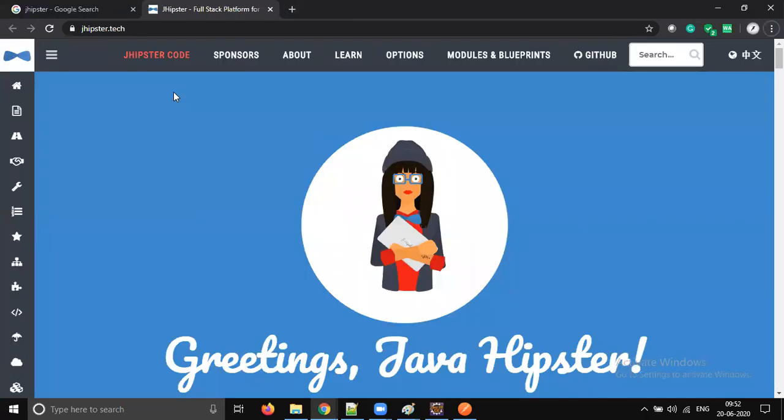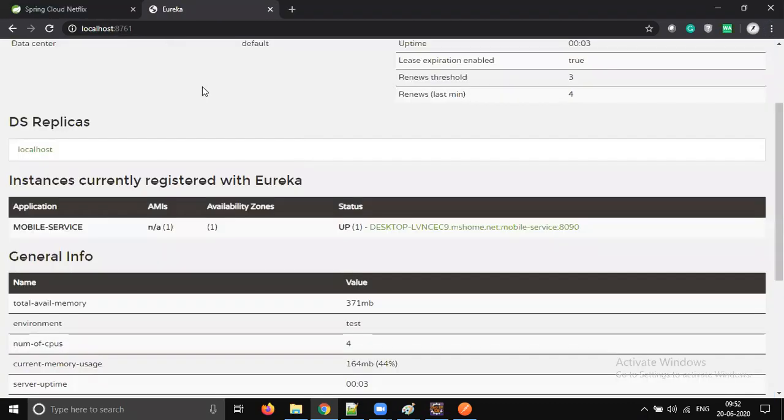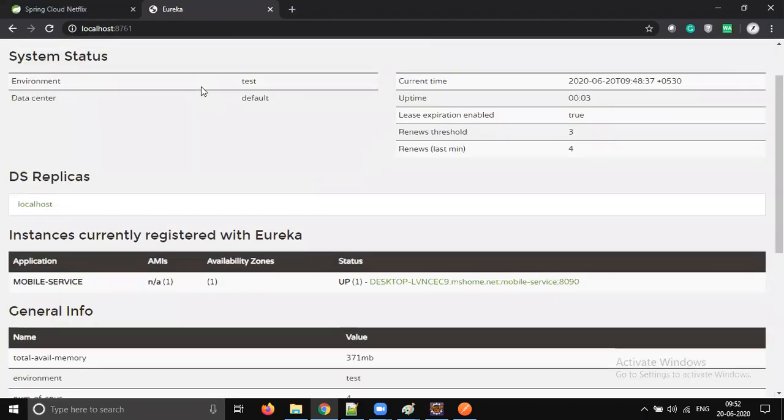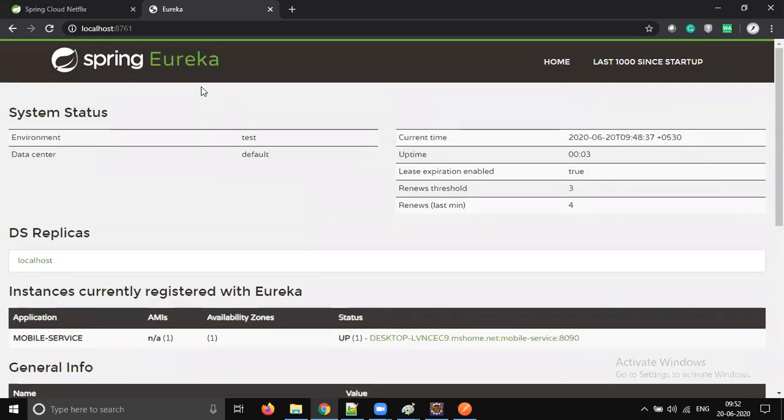Service discoveries are all the same, whether it is JHipster, Eureka, Consul, or Kubernetes service discovery. Functionality-wise everything is the same, but the internal implementation is different. So whatever we are seeing now is dedicated only to Eureka.